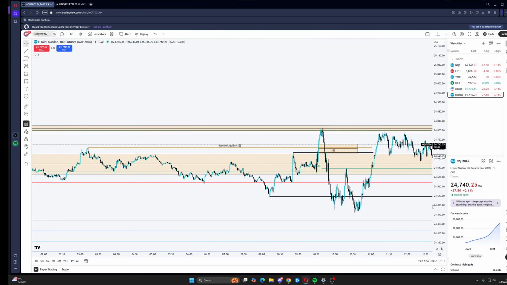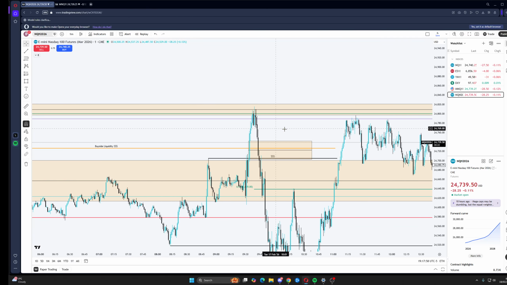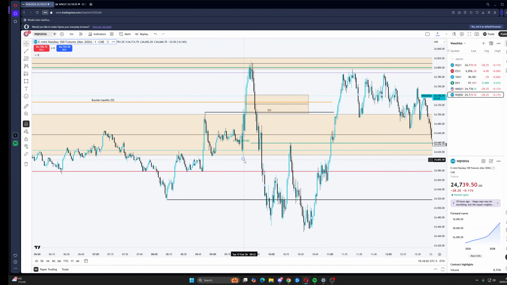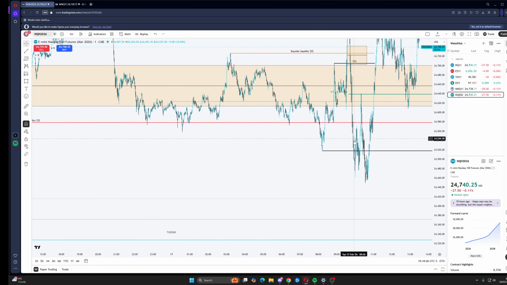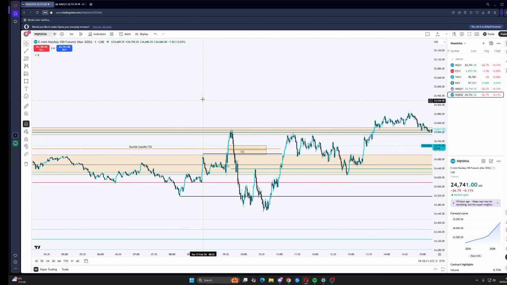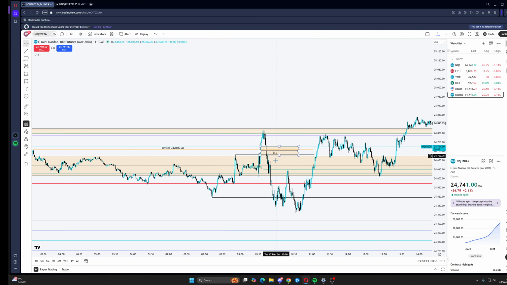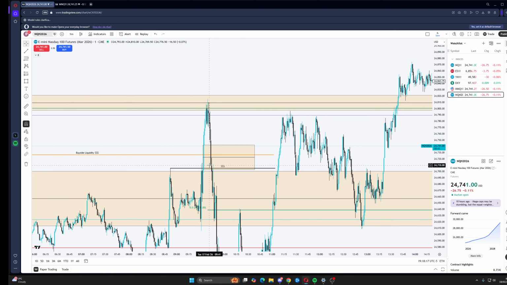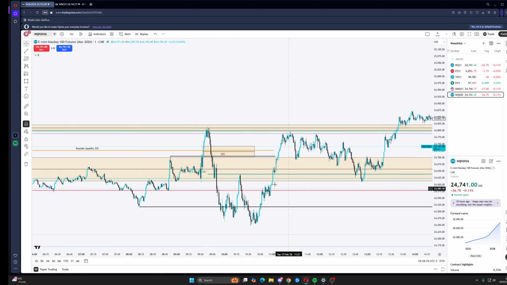I'll wait for us to invert the first presented to make sure that we're not going to come back for this. Now we're actually going to seek the initial low right there, and if we're going to accelerate and start heading to the weekly objective, we can get it early. As you can see, we come inverse it, I take my entry at a little volume imbalance right here, right?